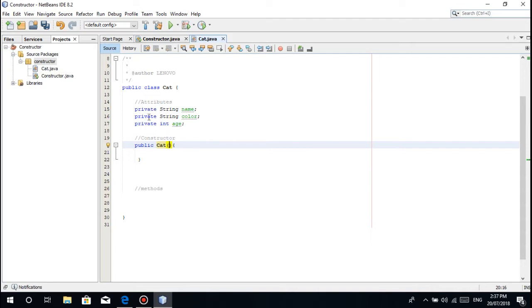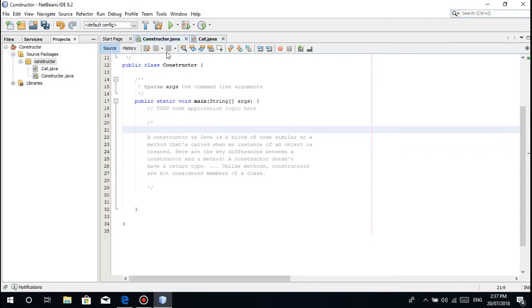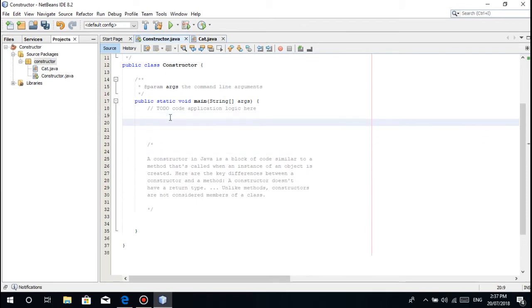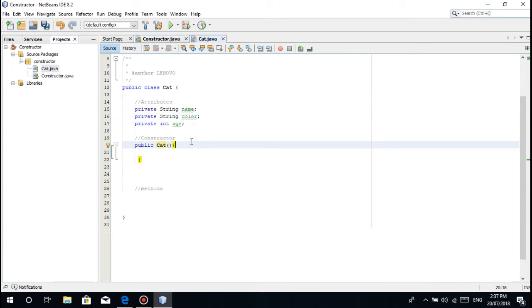So again, for example ganito, dito tayo mag-create ng instance. So Cat, my cat, our reference variable is equal to new Cat, ganyan. Wala siyang error kasi nasa same package lang naman siya, hindi na natin kailangan i-import. So, eto guys,